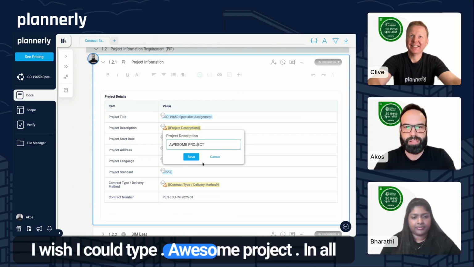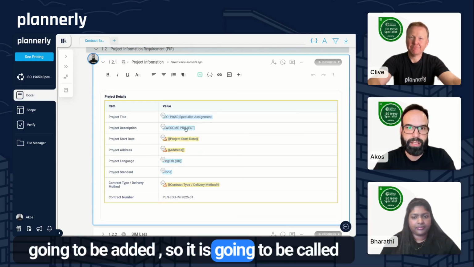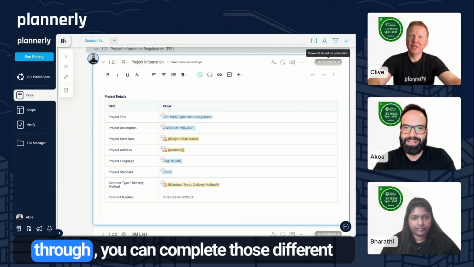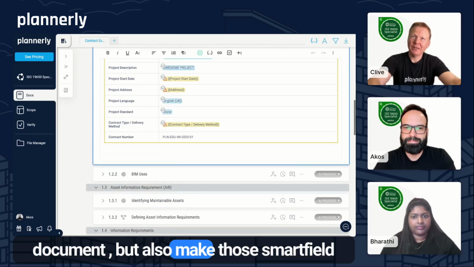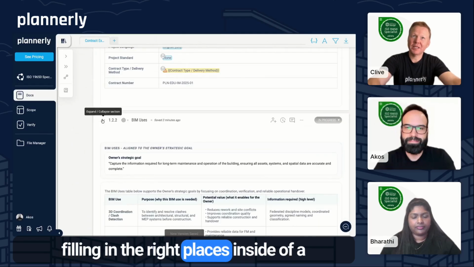I wish I could type awesome project. In all occurrences of the smart field, this value is going to be added. So it is going to be called an awesome project. That's pretty awesome. So as you go through, you can complete those different sections, make amendments to the document, but also make those smart field completions so that you know that you're filling in the right places inside of a